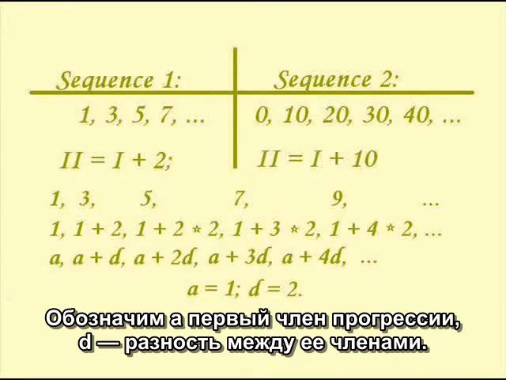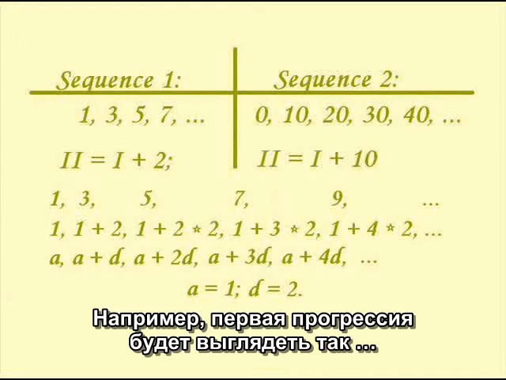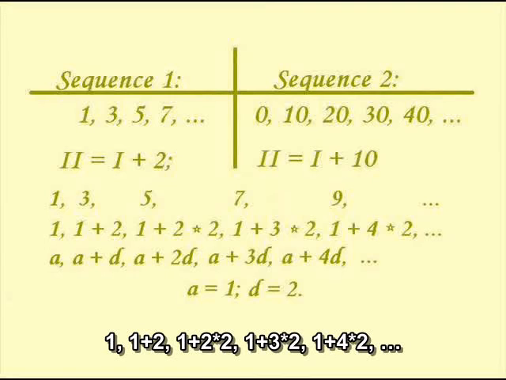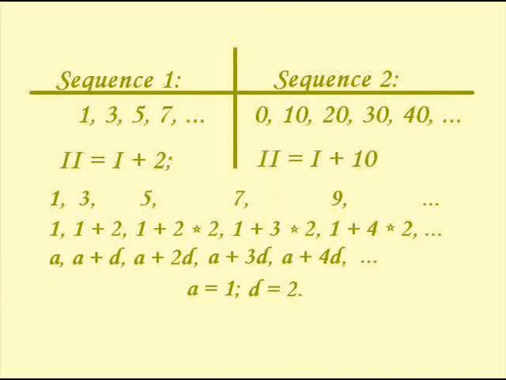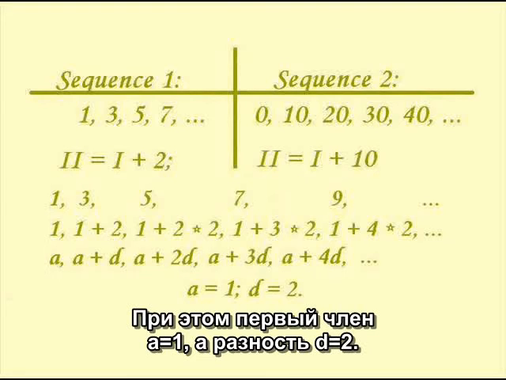between successive terms. For example, our first sequence could be written as 1, 1 plus 2, 1 plus 2 times 2, 1 plus 3 times 2, 1 plus 4 times 2, etc. And this can be written as A, A plus D, A plus 2D, A plus 3D, A plus 4D, etc., where A equals 1 is the first term and D equals 2 is